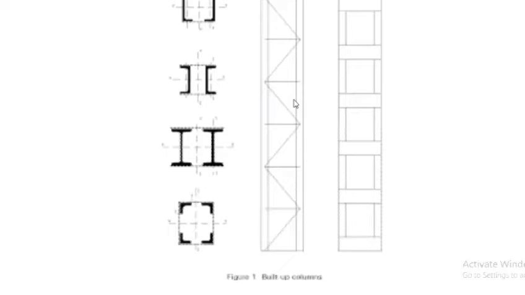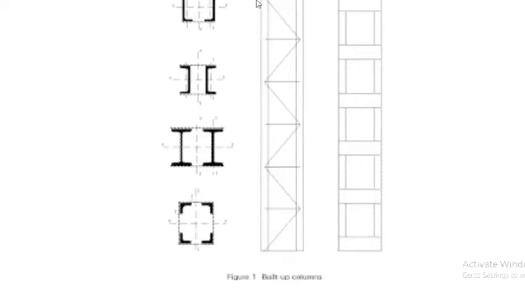So this is a typical structure of a built-up column. You can see these 2 vertical components on this side and this side. These 2 vertical components are the main components that form the built-up column. They can be channel sections placed face to face, or back-to-back channel sections can also be used. We can also use I sections, as I had shown you in the other figure. And also we can use angles in this type, right? The angles have been connected on all 4 sides with the help of lacings.